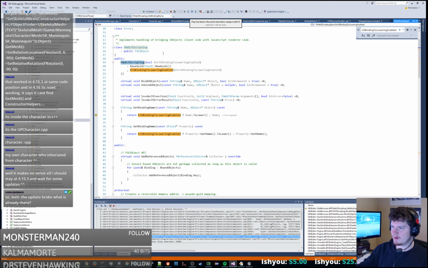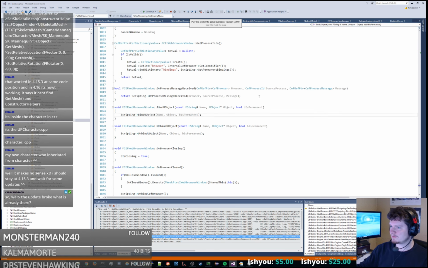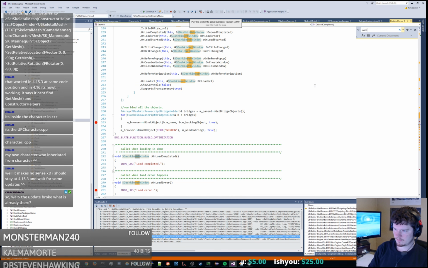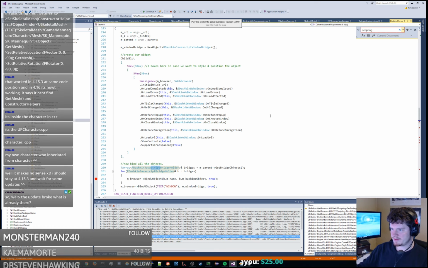And this is WebJS scripting. It's like where we're actually, we have a new web browser, and the web browser is the thing that